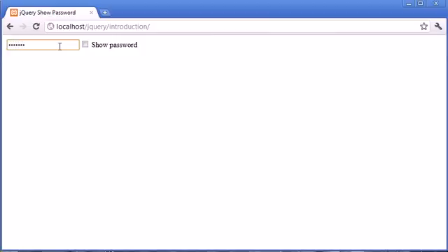So I'm going to type a password in here and I'm going to go ahead and click show password. Now like at the start of the tutorial, you could see the functionality and it looked like we'd just magically shown the password, but what's actually happened is following this along, we've removed the original field and created a new field, but this time this field here has type text instead of type password. But obviously now we've got the problem that when we uncheck the plain